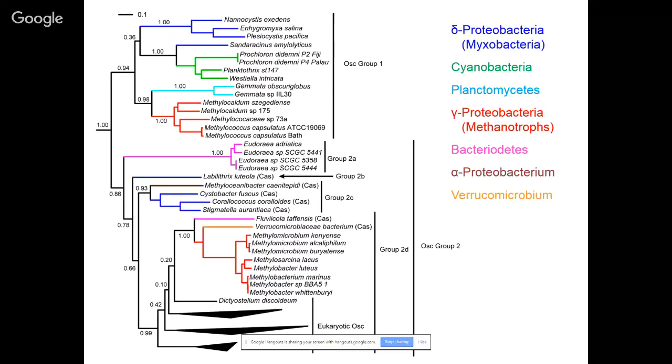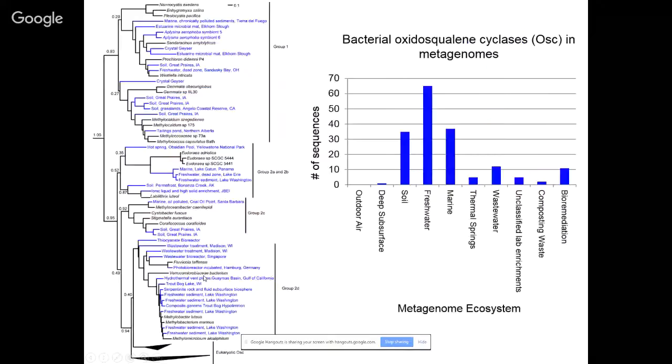So then I went and looked at metagenomes. And so the next tree I'm going to show you is this same tree. All of the bacterial sequences will be in black, and all the metagenomes will be in blue. So when we look at the metagenomes, here you see there are a lot more metagenome sequences that are going to be bacterial OSC sequences. And so the potential to produce sterols in bacteria is probably more broad than we thought, because we haven't actually been able to culture many of these organisms.